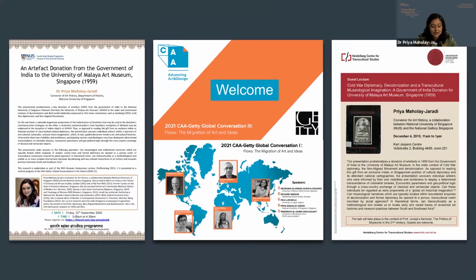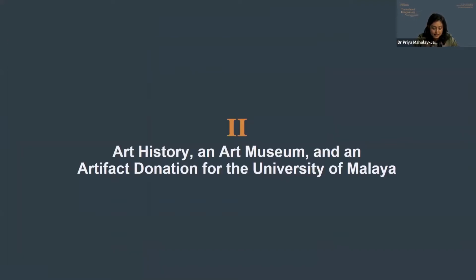With that, let me move to the main presentation for this evening. I will begin with a snapshot of the founding of our university and its museum to better appreciate the context